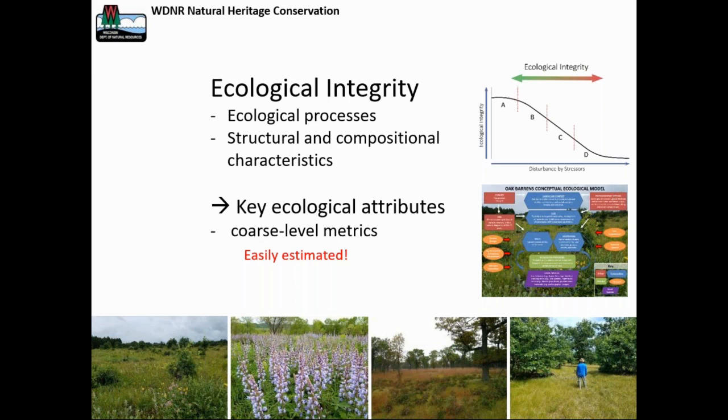So course level metrics or course level monitoring focuses on what we call key ecological attributes that are grounded in ecological integrity, and that is again the processes, the structural and compositional characteristics of a site. And we take those ecological attributes and then we boil them down into what we call course level metrics, and they are designed to be easily estimated in the field without a lot of botanical expertise, without plots, transects, time-consuming efforts. The precision might be lower compared to those other highly quantitative methods, but it's easier to implement by non-experts, and